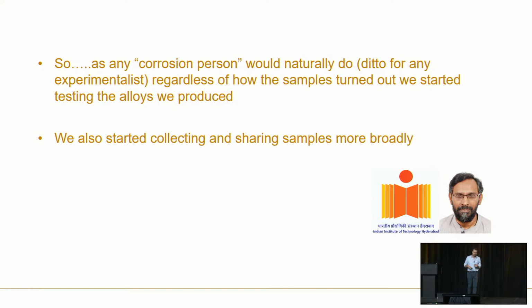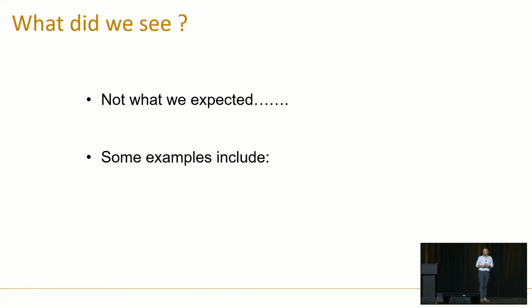And at the time, the reason why I put this here, this is a picture of a guy called Professor B.S. Murty, who at the time was at the Indian Institute of Technology in Madras. He's now moved to Hyderabad. But the reason why I put him there, he was visiting Australia at the time, and he was also interested in high entropy alloys. So over a period of months, back in India, he made a bunch of high entropy alloys, we made a bunch of high entropy alloys, and we ended up filling a box of dozens of different compositions. And we gave them to a graduate student, a guy called Yao Chu, to test their corrosion properties. So what did we see? Not what we expected, right? And this is as recent now, starting off this work, as 2017. Not what we expected.